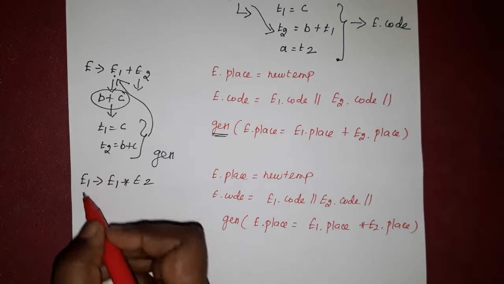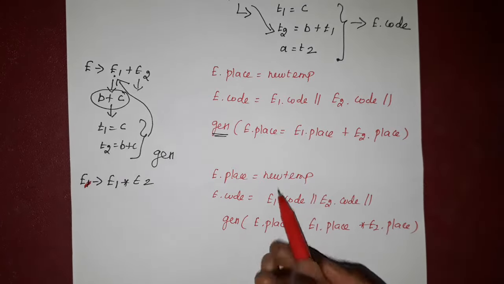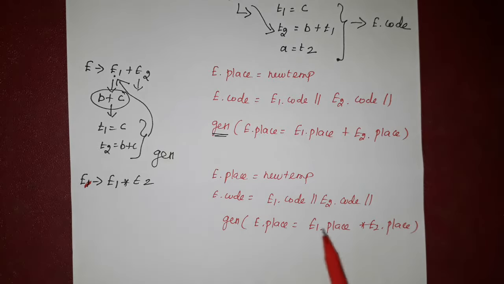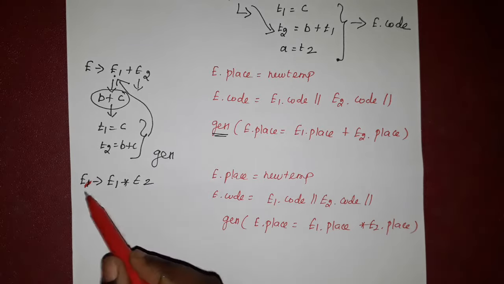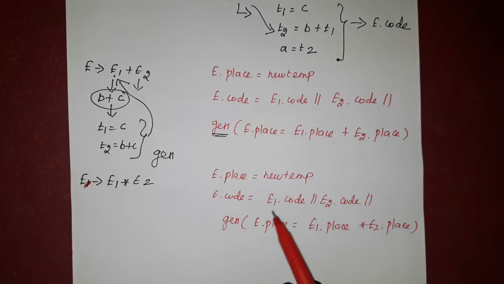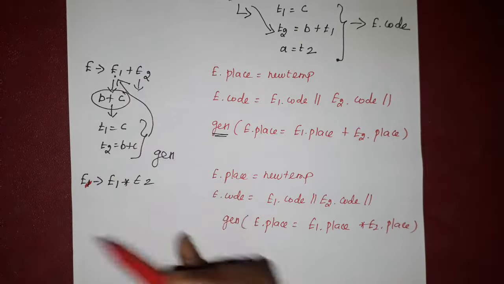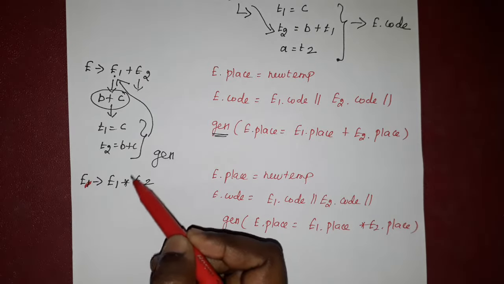Here initially the value of the expression is unknown. So a new temporary variable is assigned to E.place, and then the values of E1 and E2 can be evaluated by using E1.code and E2.code. So it can be written as E.code is equal to E1.code concatenation operator E2.code, and we are using the gen function for evaluation of this expression's actual value. So it can be stored in the original value. Similarly, we can write it for all assignment operators, subtraction and division.